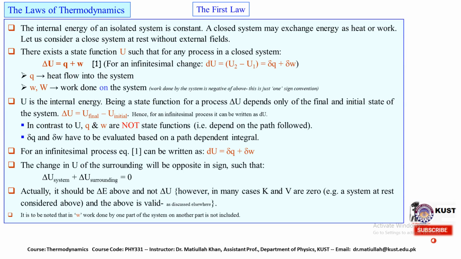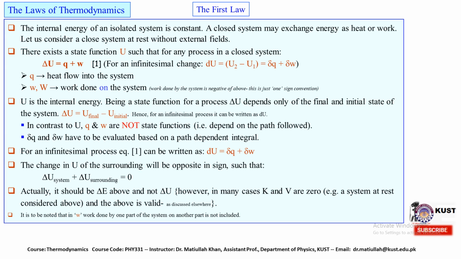We have some laws of thermodynamics that were already described, but we want to elaborate on them again. The first law gives us the concept of energy. The internal energy of an isolated system is constant, and a closed system may exchange energy as heat or work. If we provide energy to any particular system, that might be utilized in doing work or increasing the internal energy of the system. So there exists a state function U, that is internal energy, such that for any particular process ΔU is equal to Q plus W, where Q is the heat flow into the system and W is the work